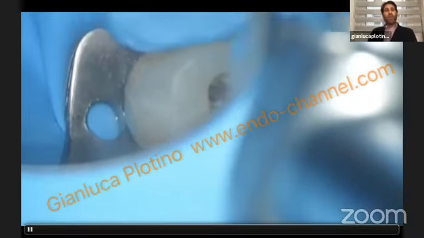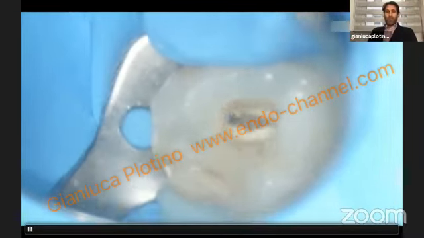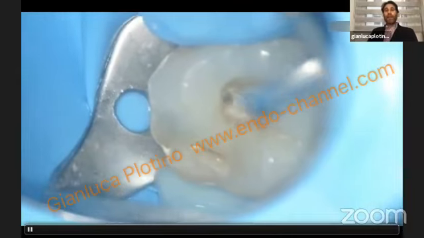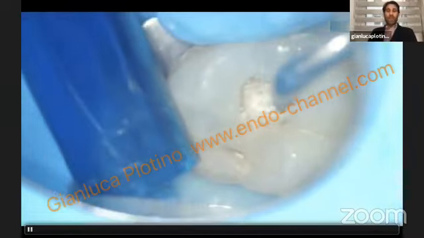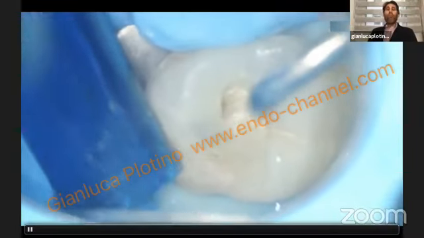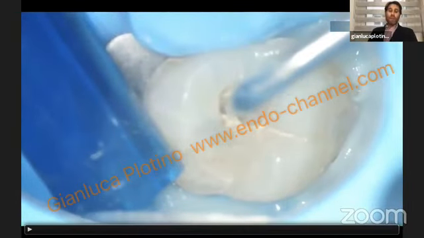If you use a handpiece with a burr, you cannot have a good visibility there under the microscope and under magnification, as the head of the handpiece is in the way. While if you use an ultrasonic tip like this, you can have a better vision of what you are doing. You can have a better precision of what you are doing in searching all root canal anatomy. That is the most important step, not to miss root canal, to increase the prognosis of our treatments, because we know that missed anatomy is probably one of the most important cause of failure of our initial treatments.